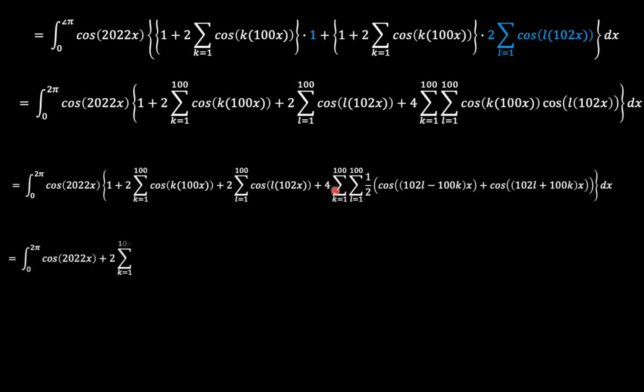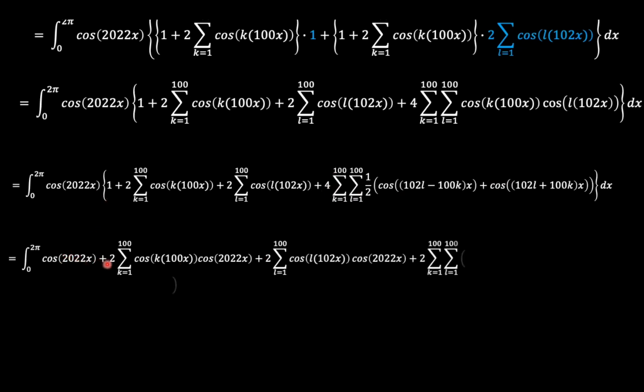So the 2 here propagates, it goes out and cancels with the 1, so we have 2 remaining there. And then when we multiply cosine 2022x through, we have cosine 2022x times 2 times cosine 100kx times cosine 2022x, plus 2 cosine 102lx times cosine 2022x. And now, because we've already decomposed this into the sum, we also multiply the 102l minus